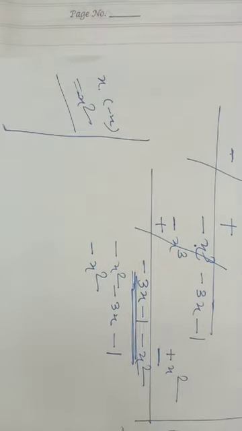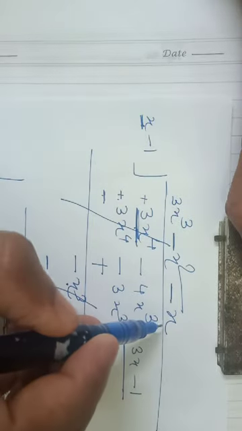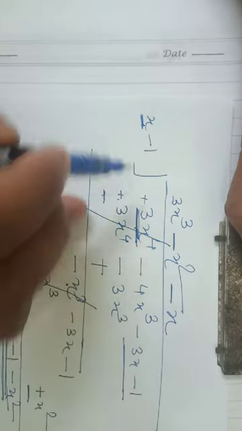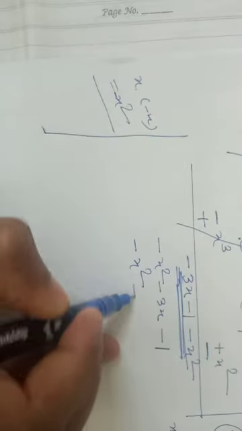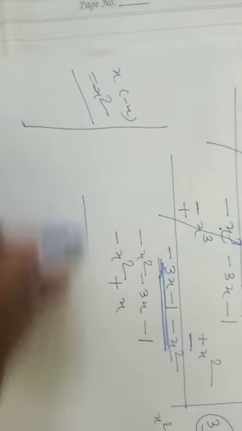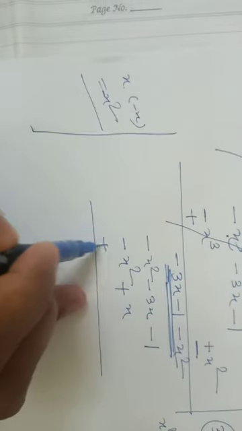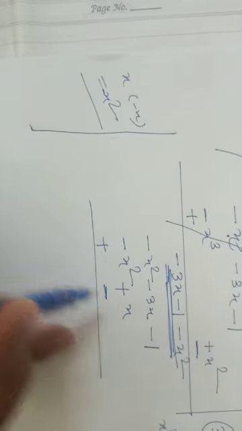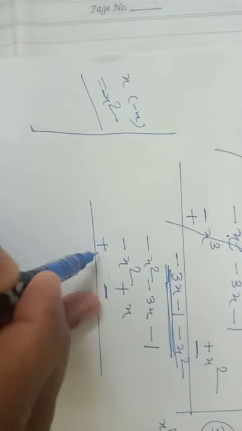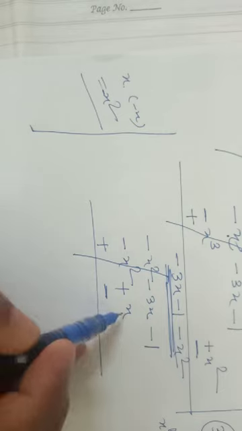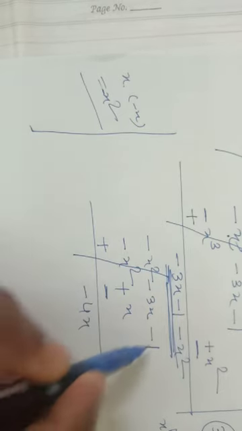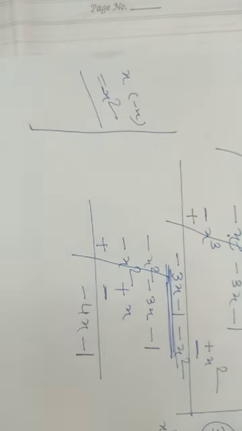You can observe the rough work also. And minus 1 into minus x, minus minus plus, so plus x. Now once again, the signs change: this is positive, that will be negative, minus x square and plus x square will be completely subtracted, minus 3x and minus x, that will be minus 4x, and this is minus 1, this is minus 1.